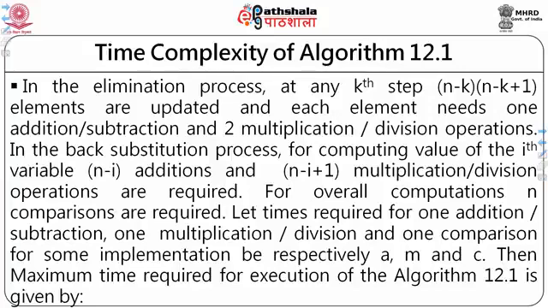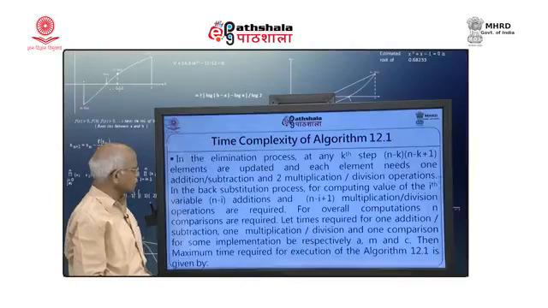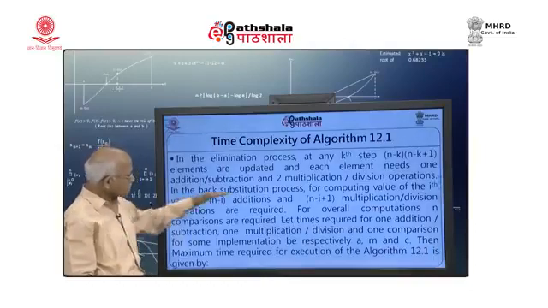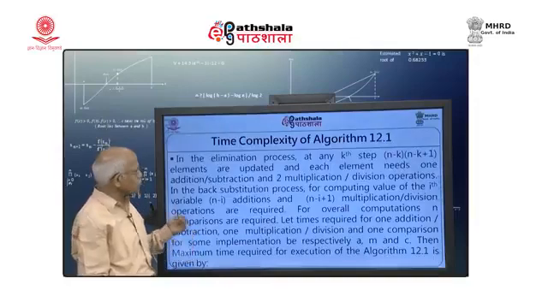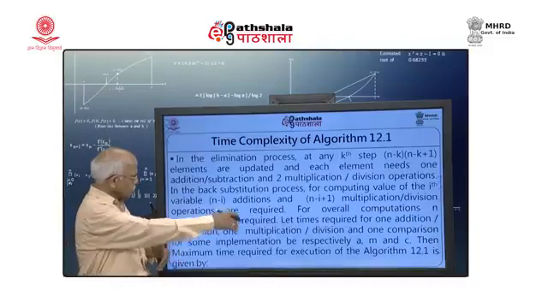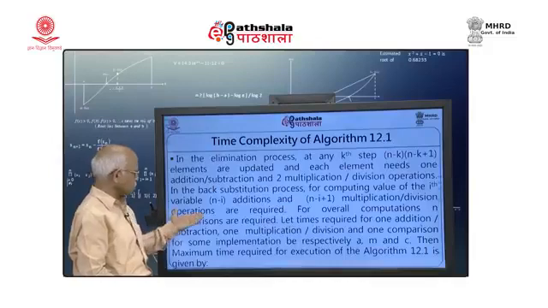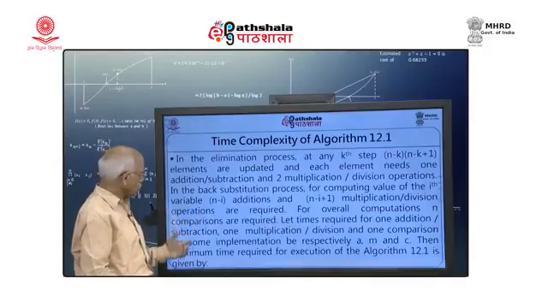at the kth step, n minus k into n minus k plus 1 elements are updated, and each element needs one addition or subtraction operation and two multiplication and division operations. If you look at that loop, you can always get these statements verified. Similarly, in the back substitution process, for computing the value of the ith variable, I need n minus i additions, because you will have to do those additions there, and n minus i plus 1 multiplication or division operations are required. So, for overall computation,